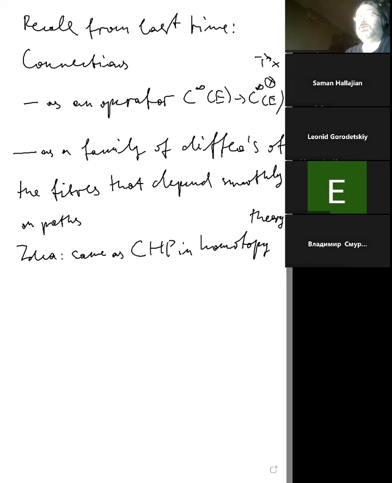In fact, I don't know exactly how Jean-Pierre Serre came up with the covering homotopy property, but I suspect that the main inspiration was the idea of a connection from differential geometry. Okay, so